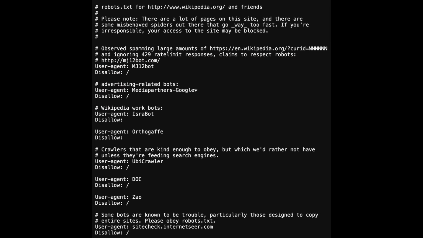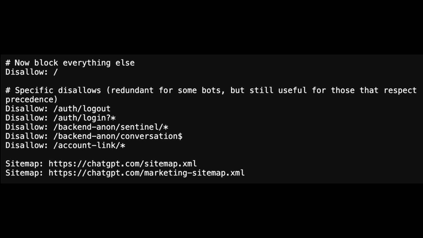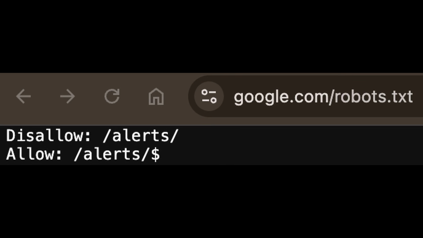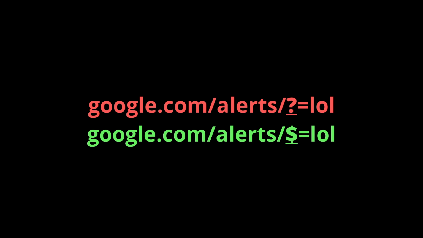So if we return to some of the files, now we can actually decipher them properly. Links that begin with certain words are either allowed or not allowed. So Google, for example, this disallows google.com/alerts links from being crawled, meaning that any Google link that has alerts after it will not be allowed no matter what comes after alerts. But you can override this with specific examples, and Google does this by allowing it if the alert link has a $ sign after it, so it's a pretty basic rule set.